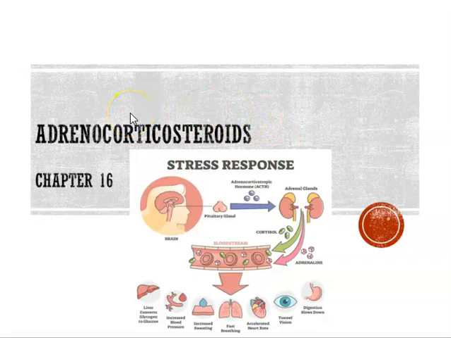Corticosteroid is basically a group of steroid hormones. So it's steroid hormones such as cortisol, adrenaline, or aldosterone. So corticosteroids are hormones. So again, adrenocorticosteroids, what we're going to actually look at are drugs that can stimulate, drugs that produce hormones in our body. The hormones come from the adrenal glands.